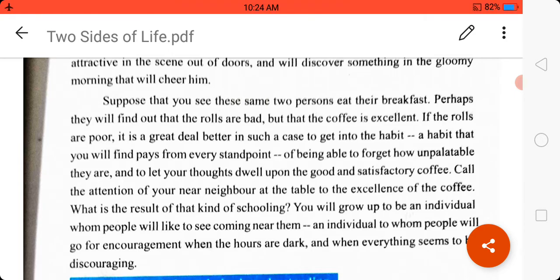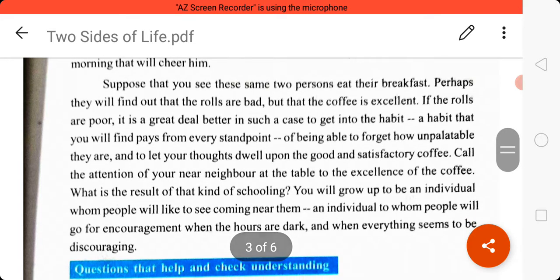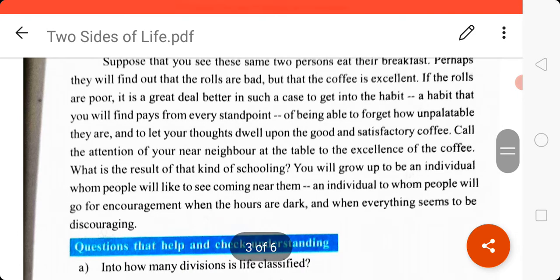So he has taken again the two persons with the example of breakfast. Perhaps they will find out the rolls are bad, but the coffee is excellent. So they are having breakfast with rolls and also with coffee, and here the rolls are very bad, but the coffee is excellent. If the rolls are poor, it is a great deal better in such a case to get into the habit, a habit that you will find pays from every standpoint, of being able to forget